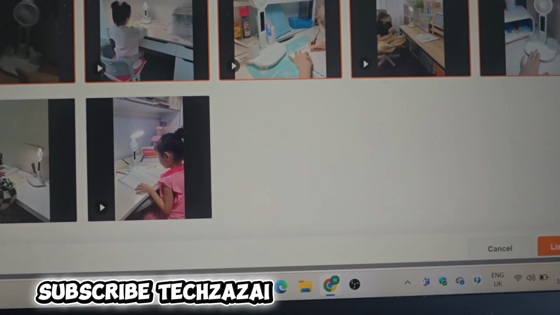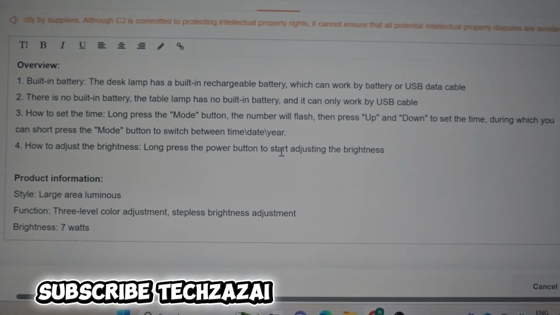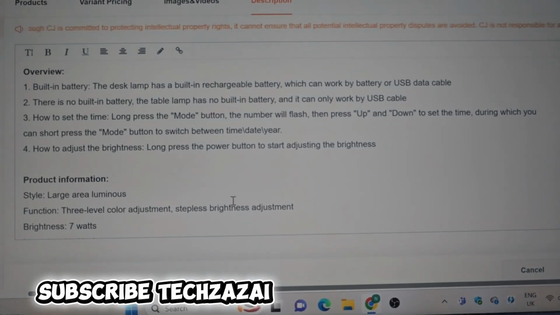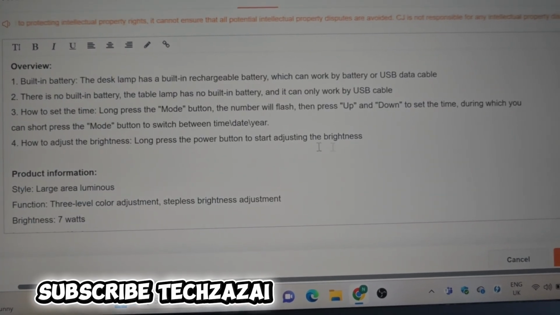Okay, now here is a description. You have to read the description. If you want to put your own description, you can do it as well, but you have to read it completely, what it means, everything, the detail about this product